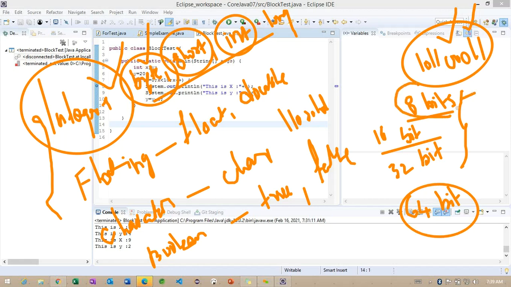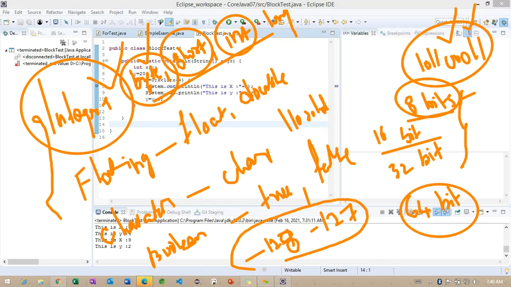So this particular 8-bit is going to take the range here of minus 128 to 127. So this is the range of values it is going to store here. Basically, the byte is used in network related applications or streaming related applications. We can use this particular data type more there. Other than this, in any example, we can work with the remaining 3, something called short, int and long here. Getting the point. And each data type has some range here. So compared to the byte, the others have more range here.